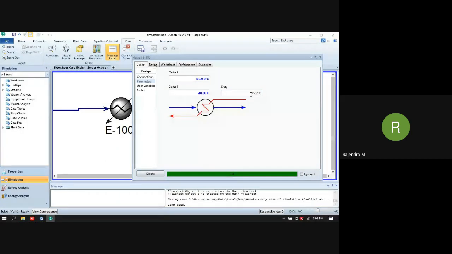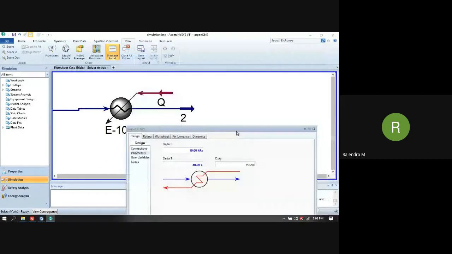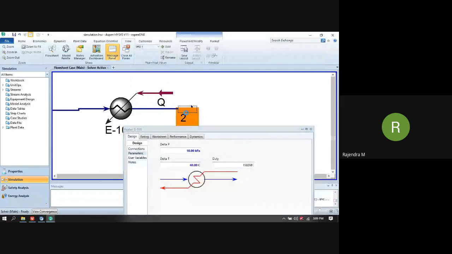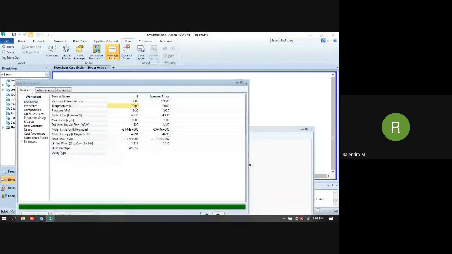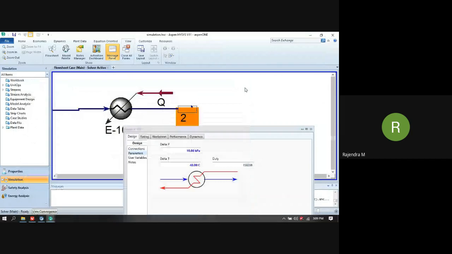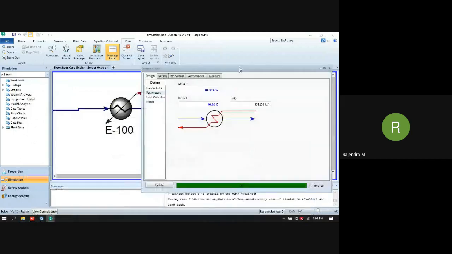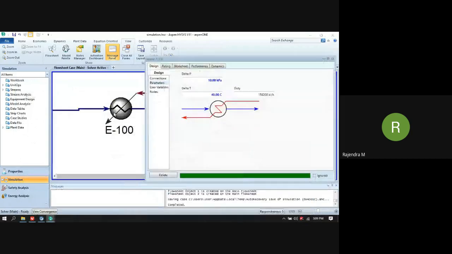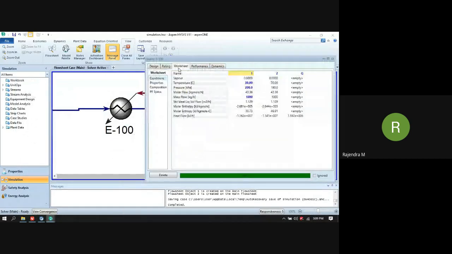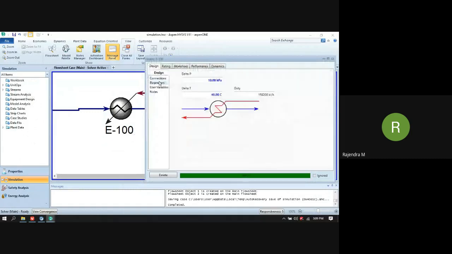Outgoing stream temperature also you can see by clicking on this stream, where you can see that this is 70 degrees Celsius, or you can see it in the worksheet tab here. If you go to the worksheet tab, there is the design tab and there is a worksheet tab.